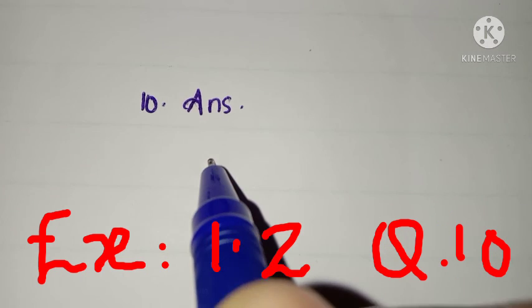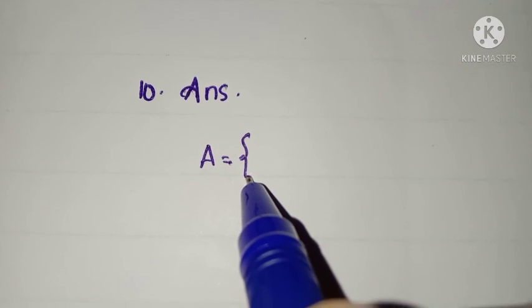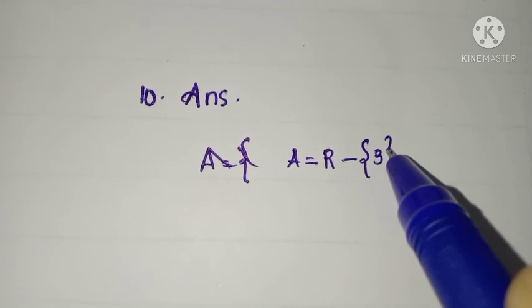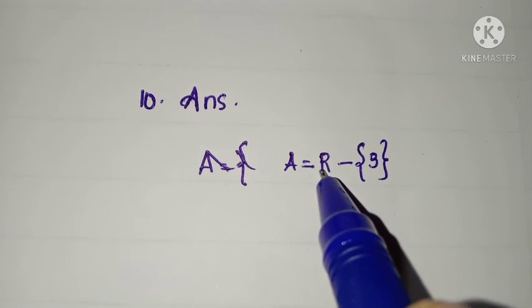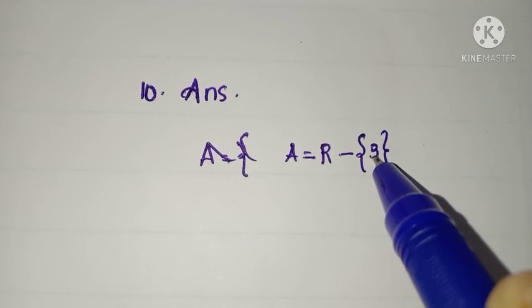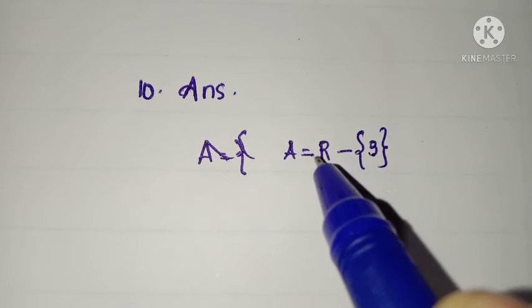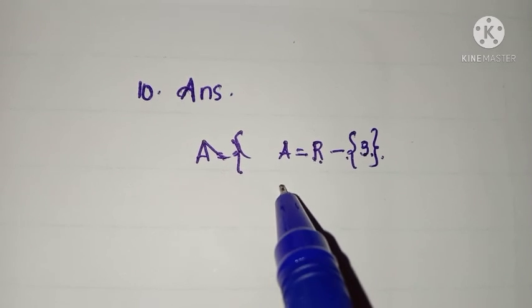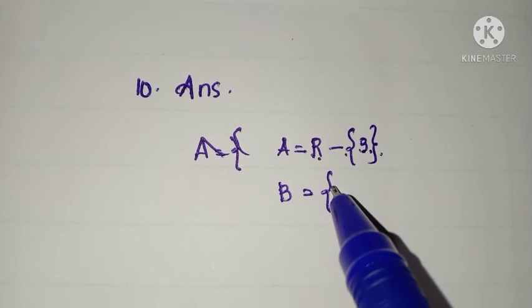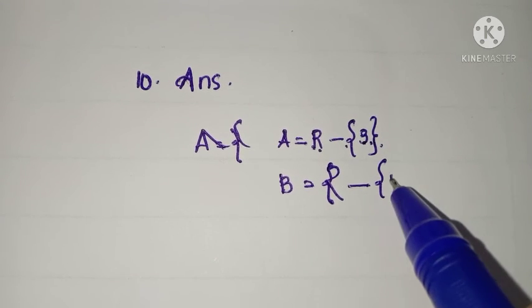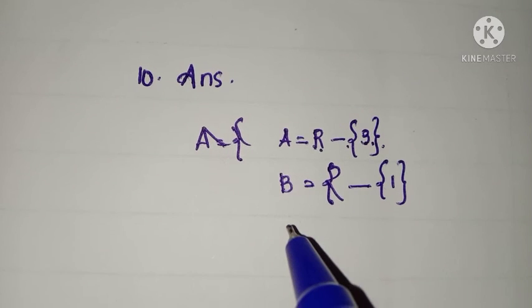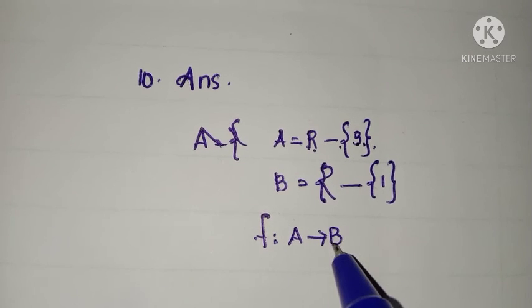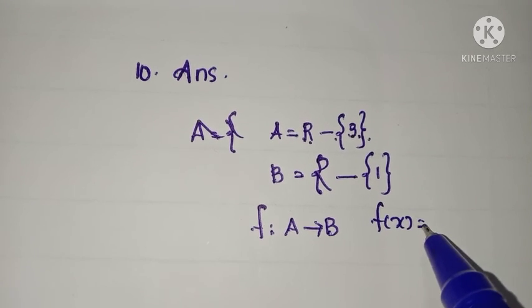Listen, given there are two sets A and B, A is R minus 3. R minus 3 means from the set of real numbers, we want to eliminate the element 3. You can consider all the elements in R except 3. That is the meaning of R minus 3. And B is the set R minus set 1. Same meaning. Here the function is defined from A to B, defined by f of x equal to